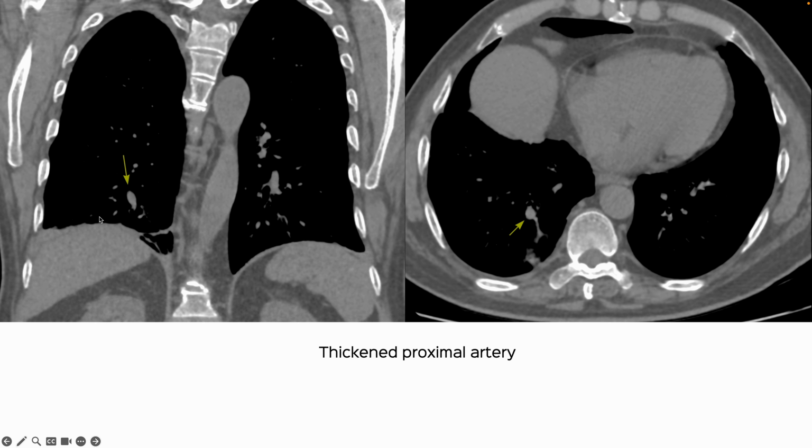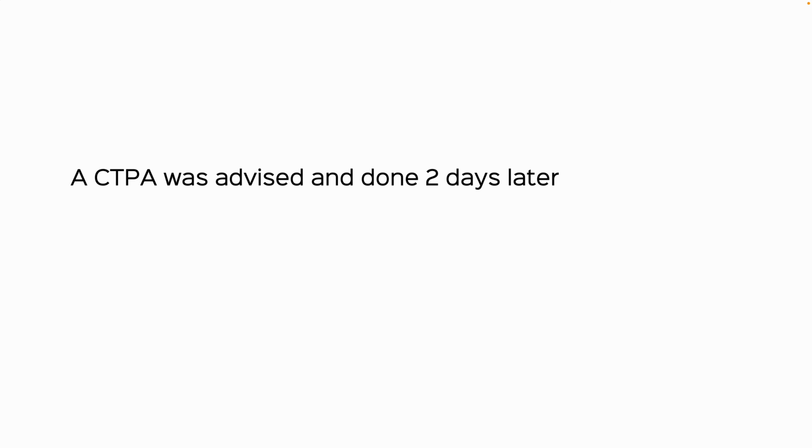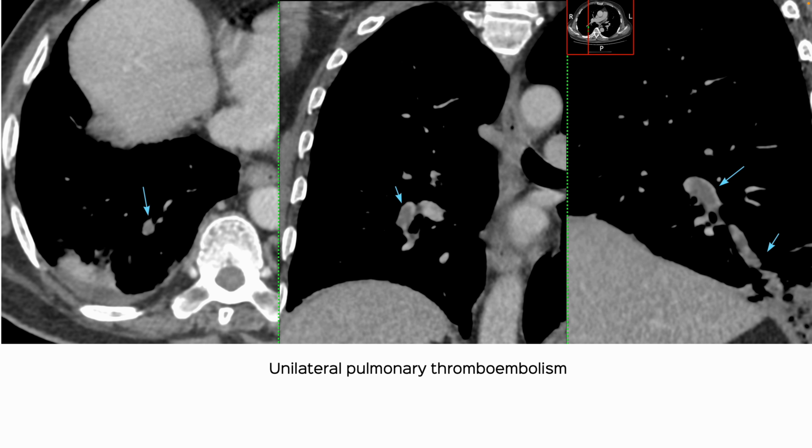Looked at the mediastinal windows again, and you see these prominent arteries extending towards that opacity. The mean reconstruction, like a chest X-ray, shows a very prominent dilated right pulmonary artery. So we advised the CTPA, which was done 2 days ago, and I saw this morning. The patient had come for an opinion, and all of these were anyway being managed by the local team. And here the clear filling defects and pulmonary thromboembolism, unilateral, only right lower lobe pulmonary artery with an